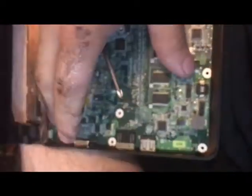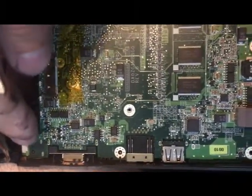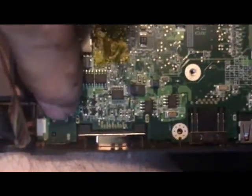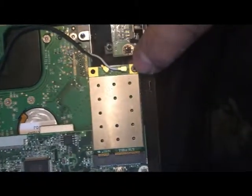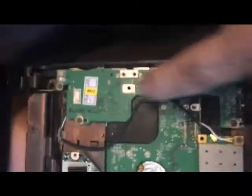All right, when you lift this board up, you pull from this edge, and this is going to be caught underneath that piece of metal. So you slowly pull it forward a little. When you put it back together, you put that flange under that piece of metal and then work it into here, and it'll slide right in. And then you could reconnect this, screw it back in, and then you put this back in, and you kind of lift it up and